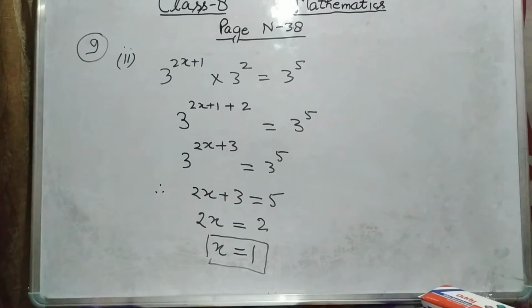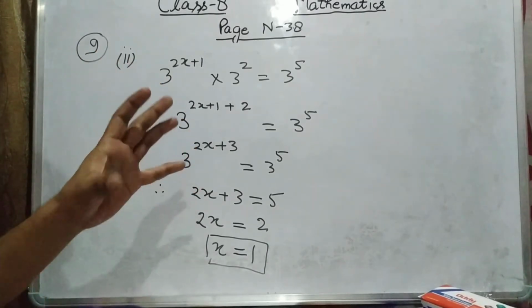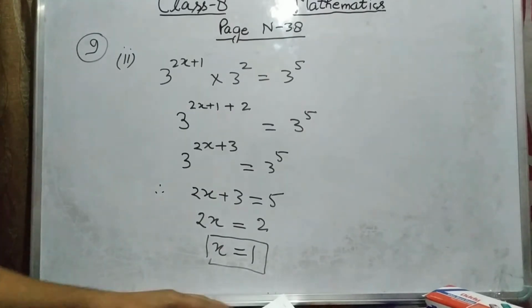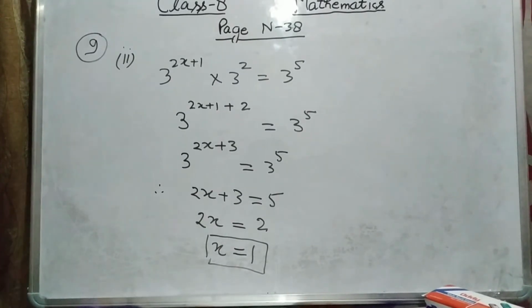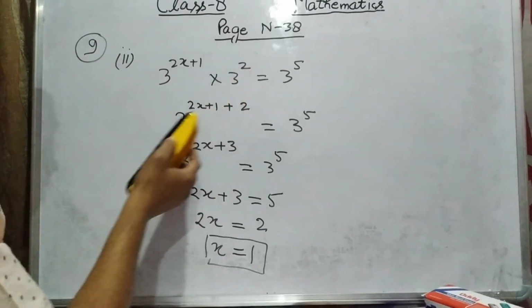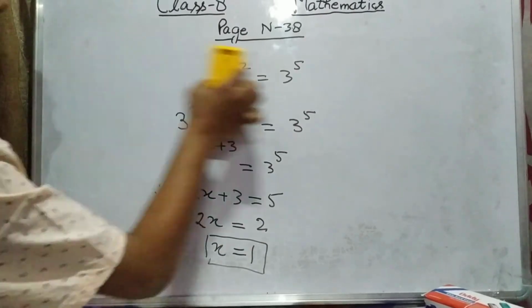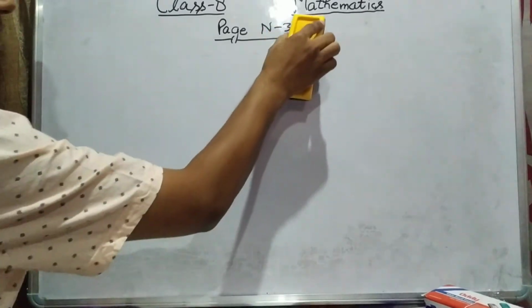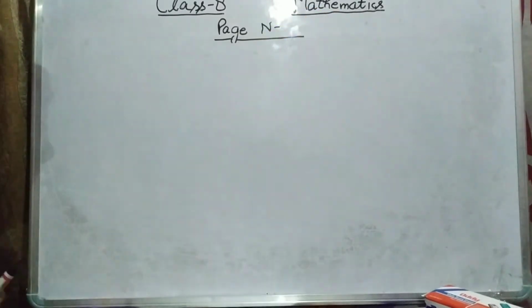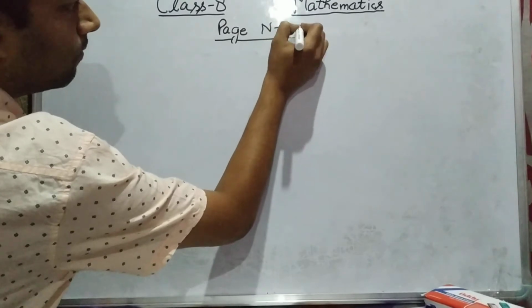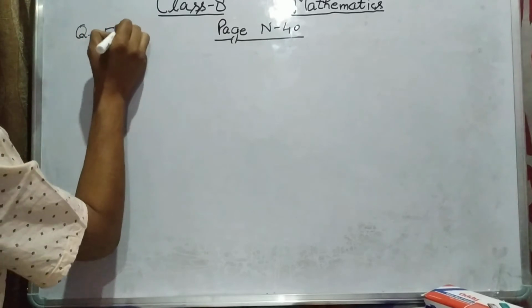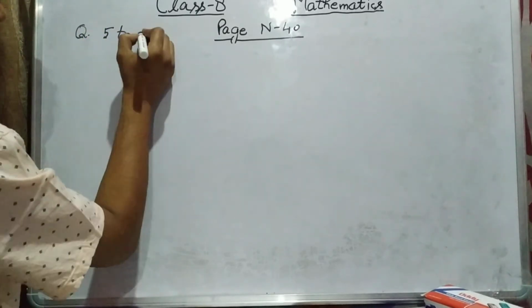So such kinds of questions. I am taking one question from each type so that it will be easy to understand, and you can solve the exercise without any hurdle. So dear students, exercise 2 is over. Now we are proceeding with the revision exercise just after this, page number 40, question number 5 to the last, that is 11.